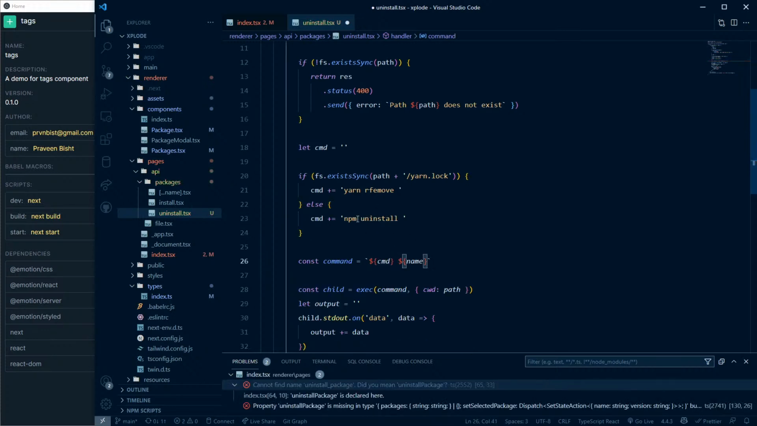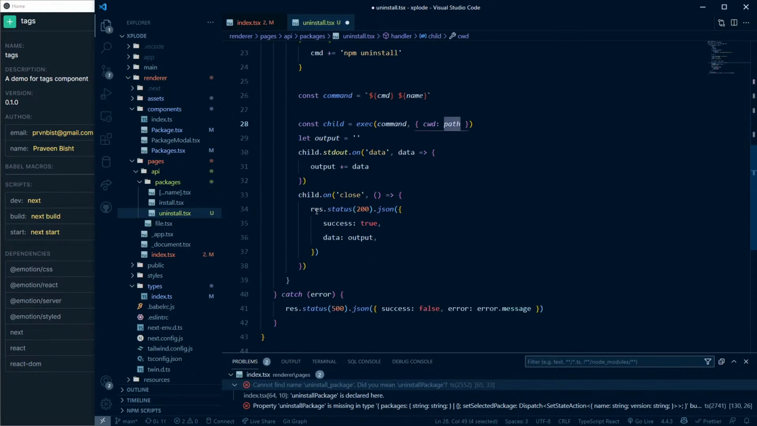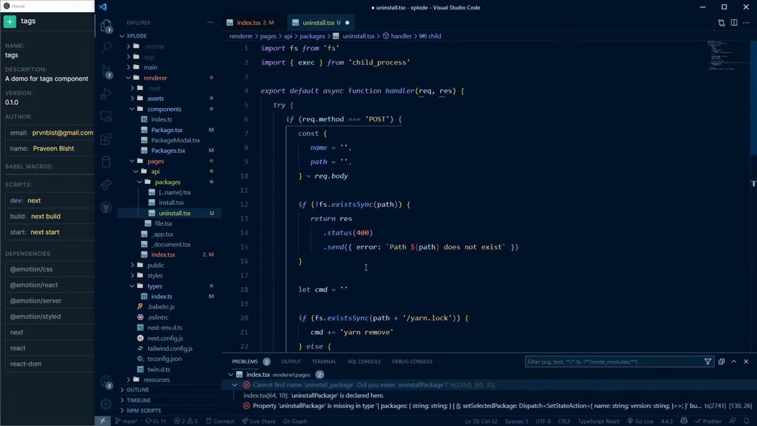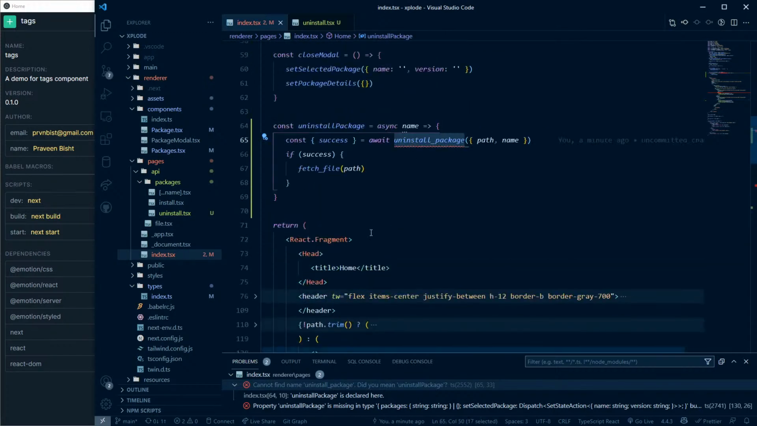We can just do command remove, command, and we can set up this name. So yarn remove this, npm install this, right? And then we can execute that command on the design path. We don't really need to, we can just do this. We don't really need any data, so we can just return success, and we also don't need this, and this should be fine. So let's go back to this, and where we declared this endpoint,